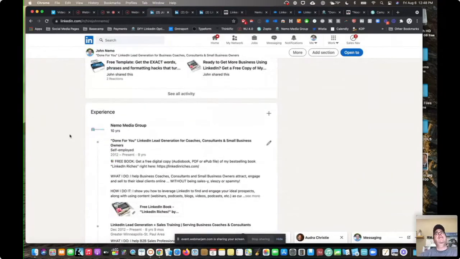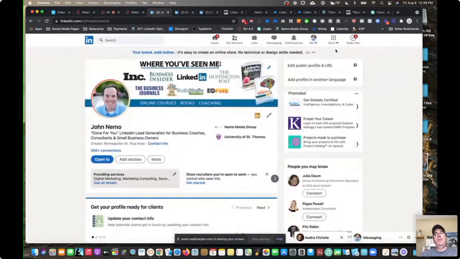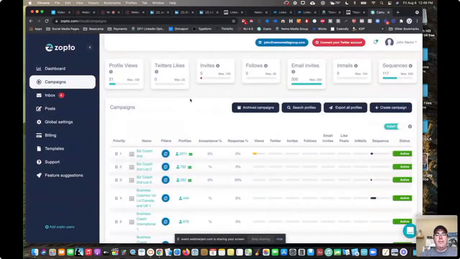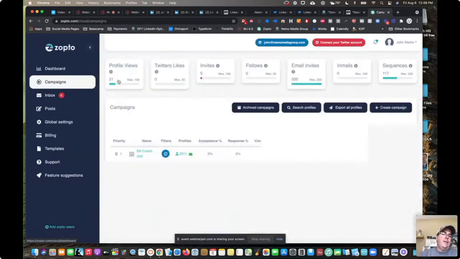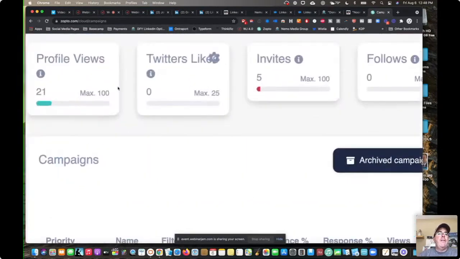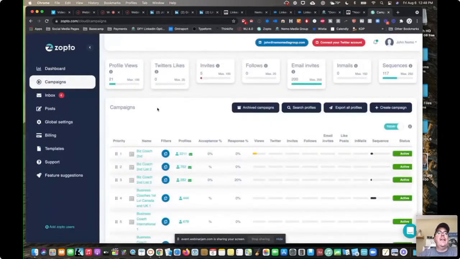I will say I haven't seen anyone run into that issue with Zapto, and we do this with clients. We have lots of clients that use Zapto. We haven't had anyone get locked out or have any issues for probably over a year. They have all these different servers, and you see they have all these limits so that, again, automation is